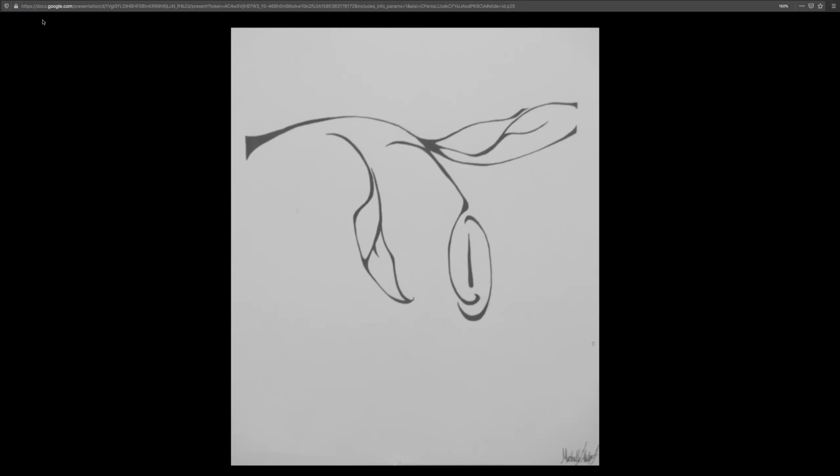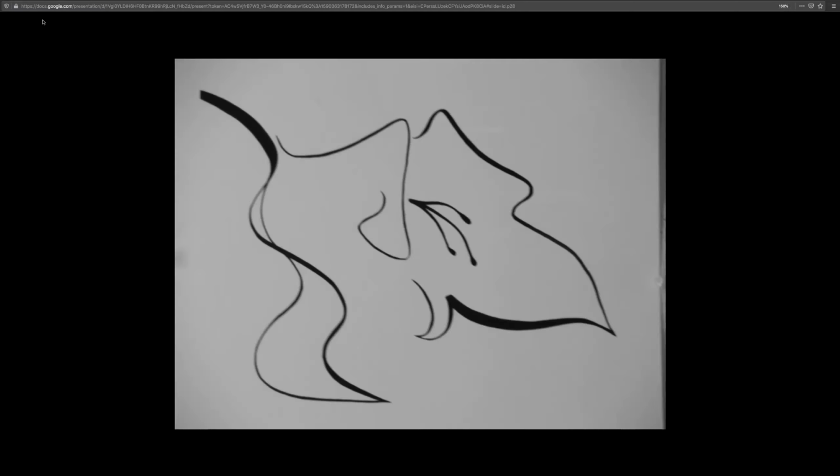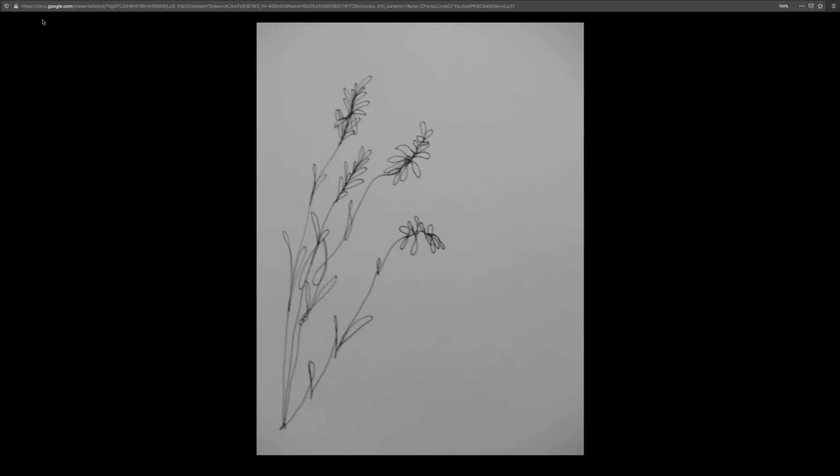Just try not to center it too much. This is kind of a cool line quality as well, and these are long lines. They're from the bottom to the top. It's all one line. You're going to have to practice something like this, and that's what your sketchbook is for.